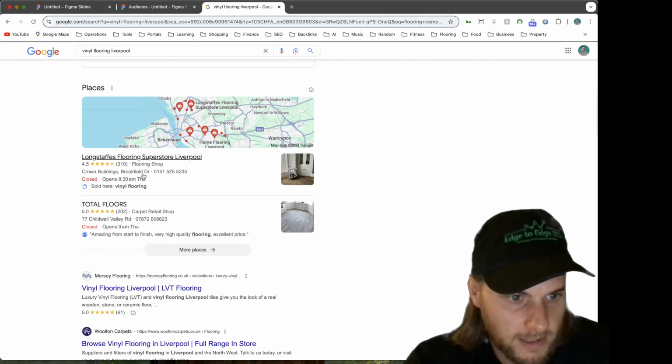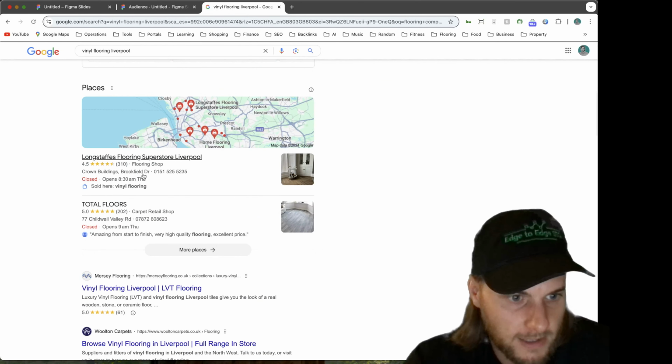One week you might find that this layout looks a little bit different. Another week you might see there's only 2 results here, then 3 results. Google is constantly testing the search results to try and find out what is going to work best for certain keywords in certain areas. So even your actual rankings themselves shift up and down all the time. This company here might be number 1 right now.